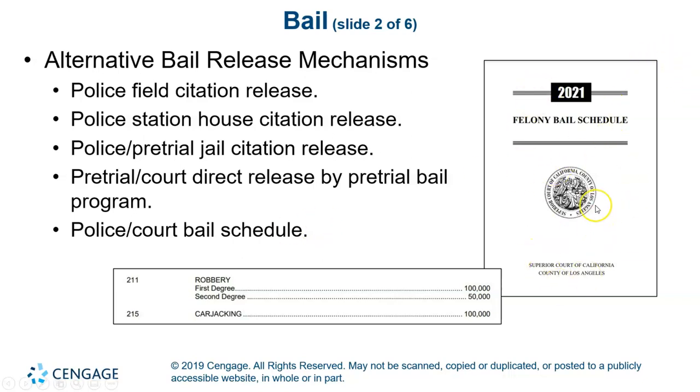Here's the Superior Court of the County of Los Angeles. This is their 2021 felony bail schedule. And here are the amounts. I took just like a little snippet. So for robbery, first degree, the bail is $100,000. Now there could be enhancements, etc. But you can see these are kind of the bottom part of the bail schedule, and enhancements could actually make the bail schedule higher. So hopefully these other mechanisms kind of make sense, and you can find them in your textbook on, I believe, pages 383 and 384.